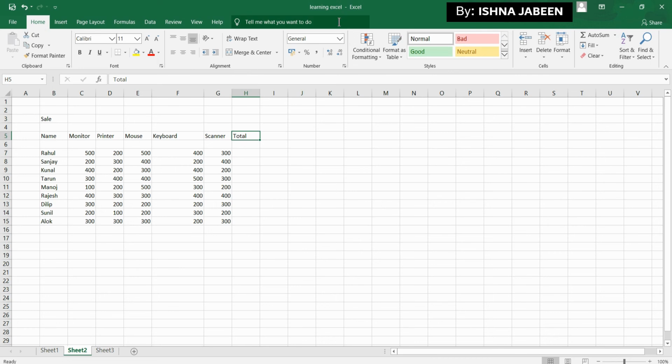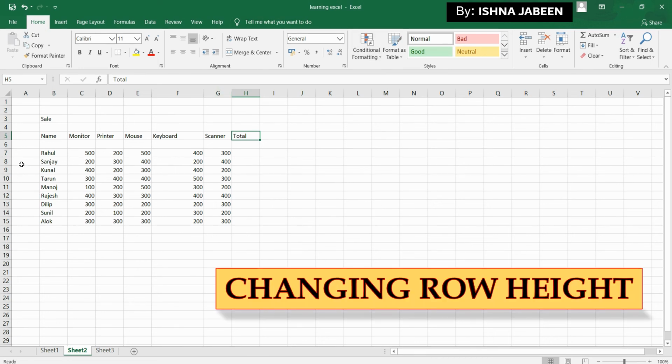Changing the row height. Click on the row headings, and you will see that the mouse pointer changes to a double arrow on the edge. Put it on the edge. The mouse pointer changes to the double arrow, and drag the row edge until the dotted line displays the desired row height.